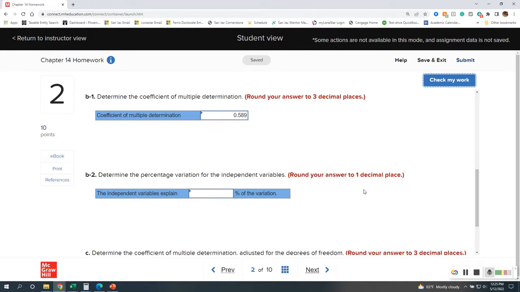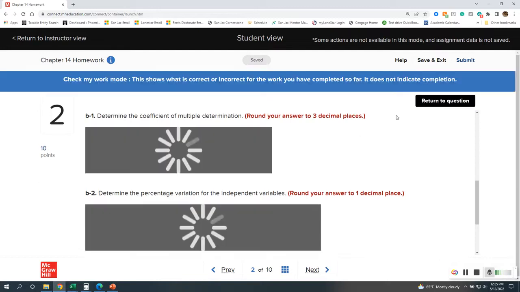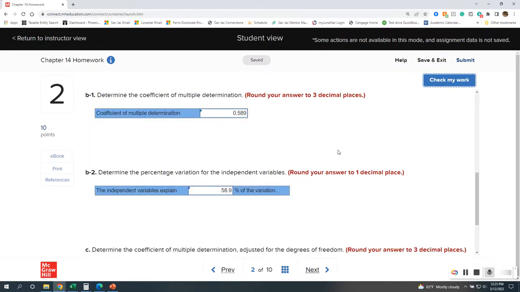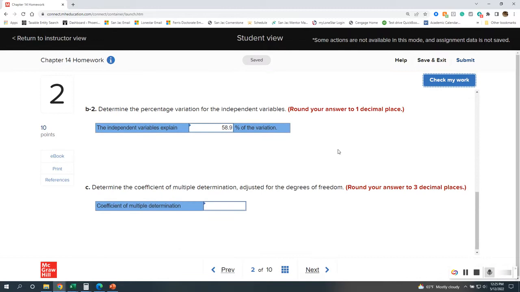Next, determine the percentage variation of the independent variables. Round your answer to 1 decimal place. Well, it is 58.9. It's basically the percentage of B-1. Okay. Determine the coefficient of multiple determination adjusted for the degrees of freedom. Okay. So, for us, this is going to be fun. But basically, our R2 adjusted,